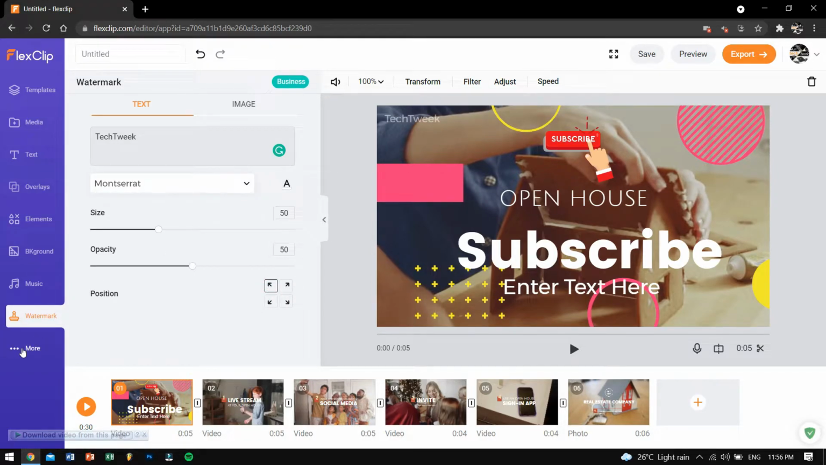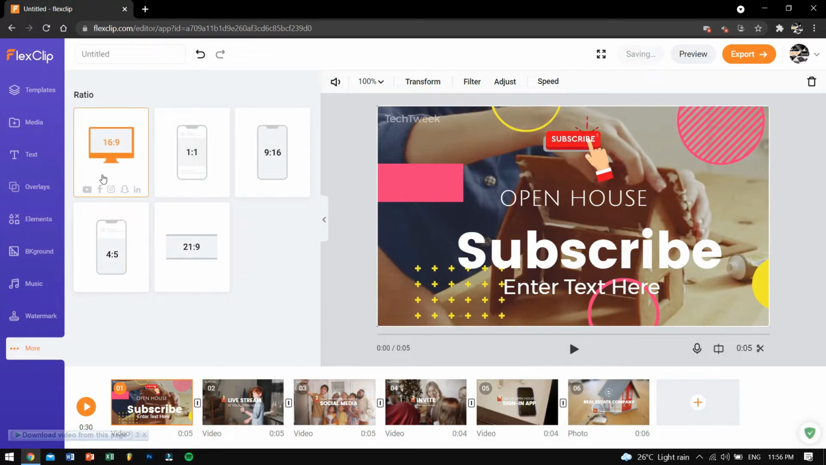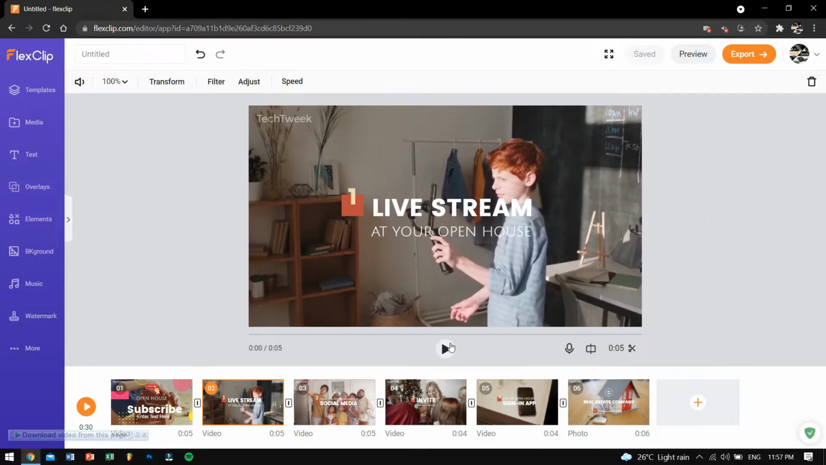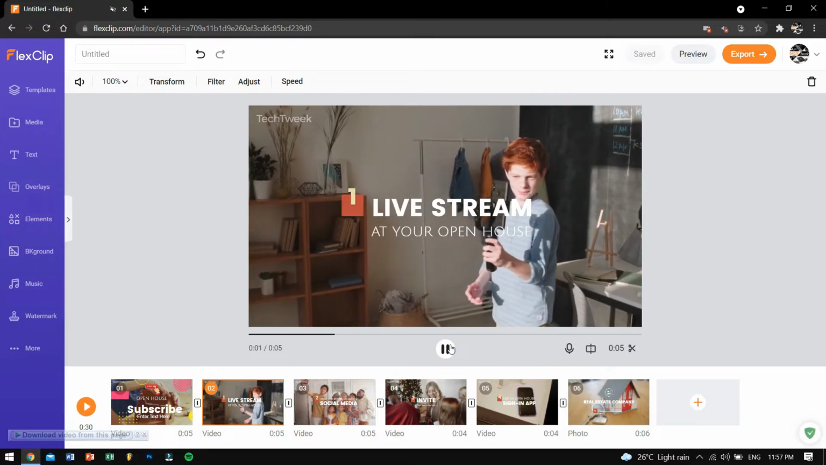And below that, the last option is more. Here you can change the aspect ratio of the video that you're working on. This is great for making stories for Instagram, or maybe making YouTube videos or even making cinematic videos, for example. So these are the features that are pretty kind of useful and are pretty easy to use as you saw it. Now these were all the major features of FlexClip that are used in story mode,